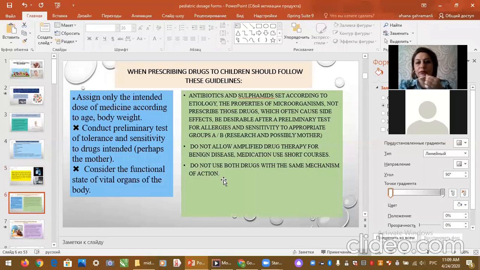So, when prescribing drugs to children, we should follow these guidelines. Assign only the intended dose of medicine according to age and body weight, conduct a preliminary test of tolerance and sensitivity to drugs, including those intended for the mother, and consider the functional state of vital organs of the body. Antibiotics and sulfonamides are set according to etiology,